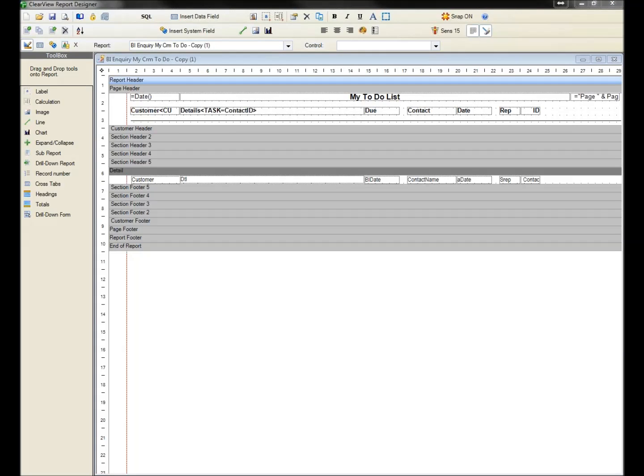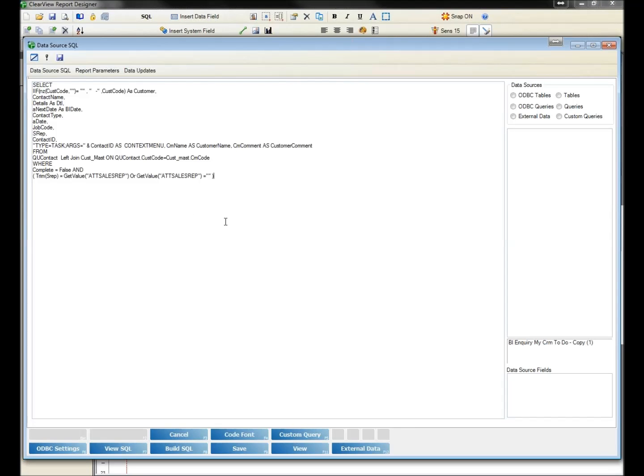Okay, so step 3 is to modify the data. Now I'm going to cheat a little bit and skip ahead several dozen tutorials and pretend I know all about SQL. So you can see down here, this is a condition where complete equals false. This is what's filtering the data to show only entries that have not been completed. So all I'm going to do is change that to true